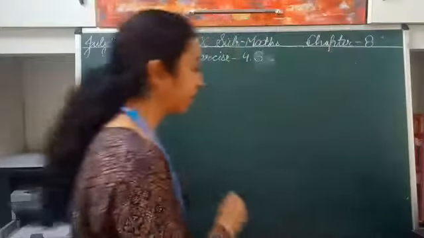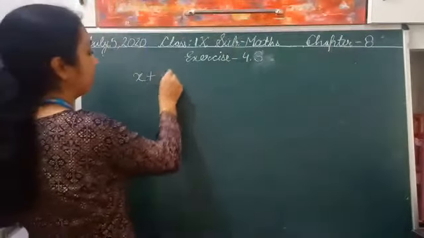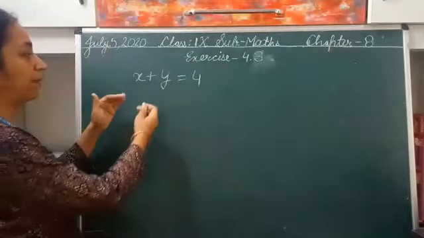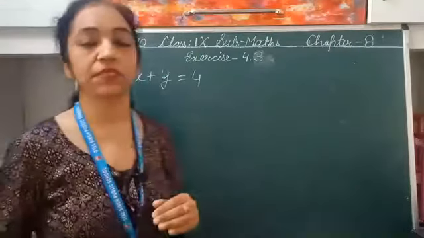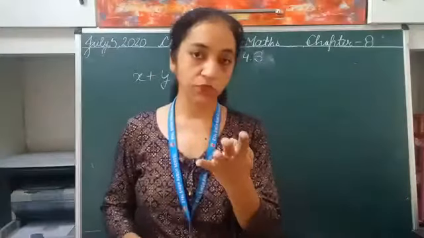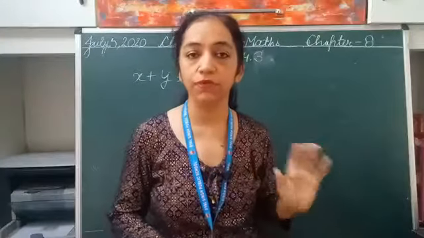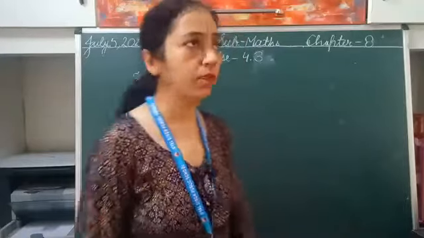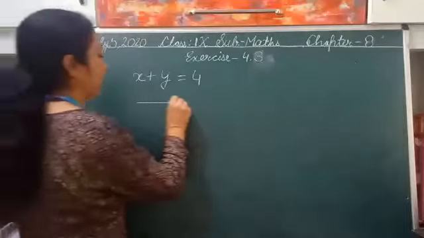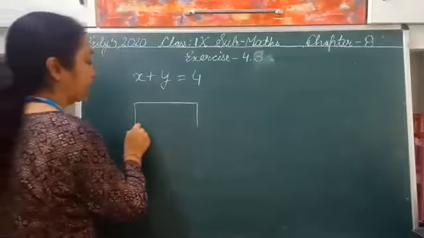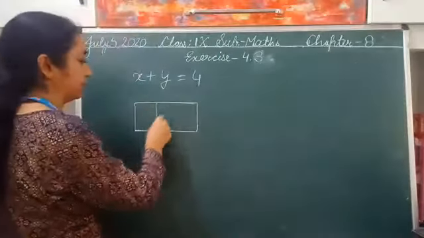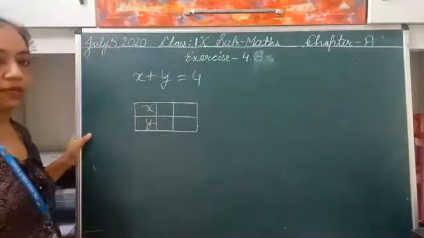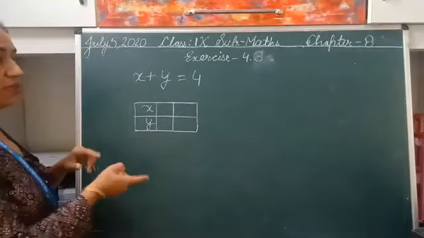The equation, let me take the first question, first part, x plus y is equal to 4, right? अब आपको यहाँ पर क्या करना है, जैसे आपने प्रीवियस एक्सरसाइज में दो 4 solutions find out किए थे. Here there is no need to find out the 4 solutions, we will find only 2 solutions, right? और इसको पूरा एक्सप्लेन भी करने की जरूरत नहीं है, आप करना चाहे कर सकते हैं, otherwise you can directly make the table, right? टेबल जब आप ड्रॉ करेंगे then you will take x and y, right? We have to write the solutions.